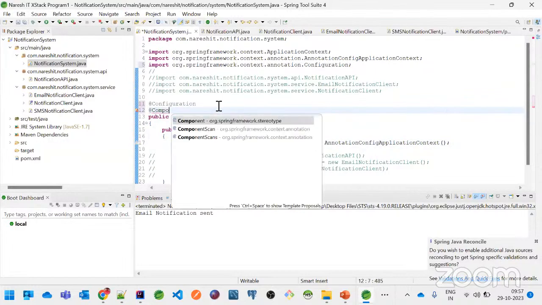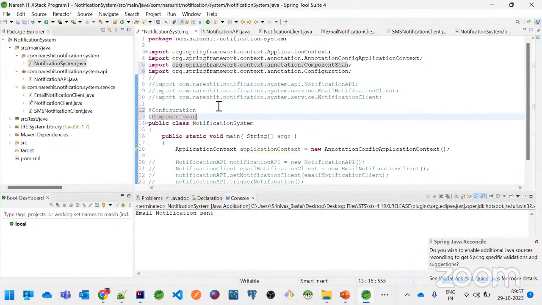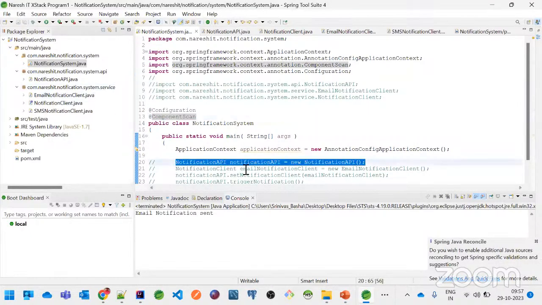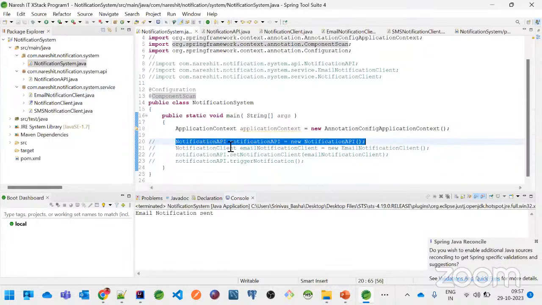Okay, now let me tell you about this particular thing as well. So I just wanted to add @ComponentScan. That's it. And let's say this particular step. So right now we have created NotificationAPI notificationAPI equal to new NotificationAPI, right? Now, what I just wanted to do now,